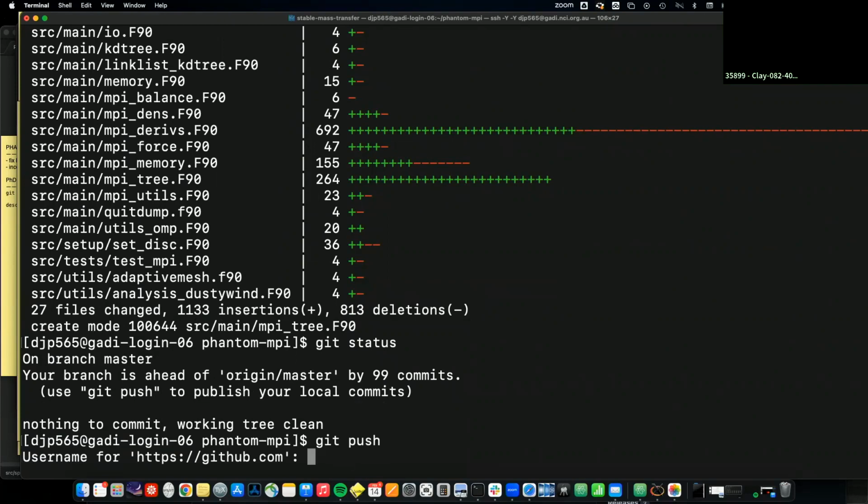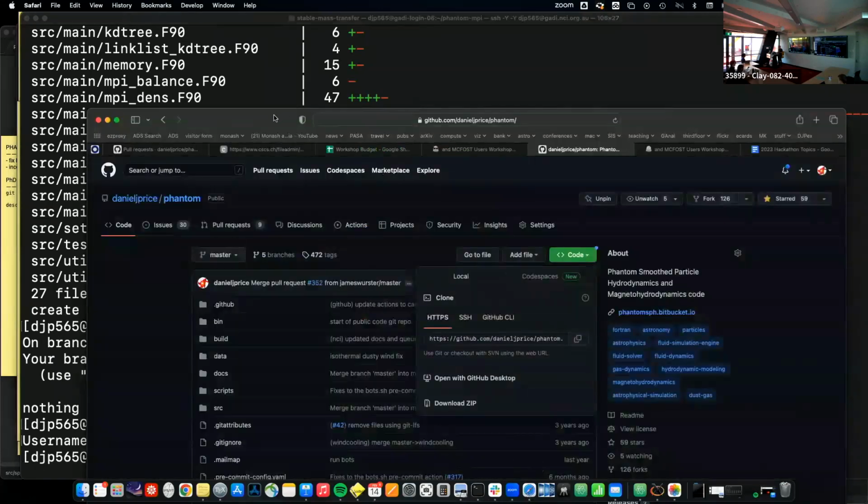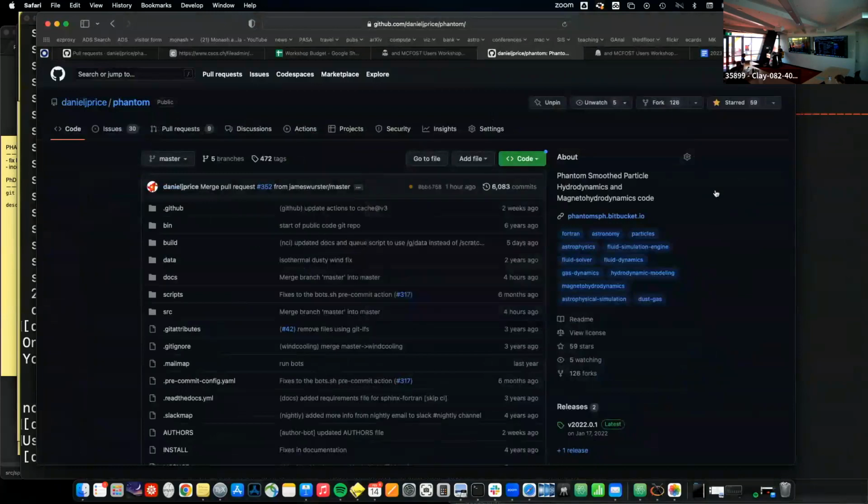In fact, GitHub won't even let you do this username password thing anymore. So then it's like, well, okay, what do you do now? The right way to do this should be to push to your fork. So what does that mean? Well, what it means is when I first did this thing on the repository,